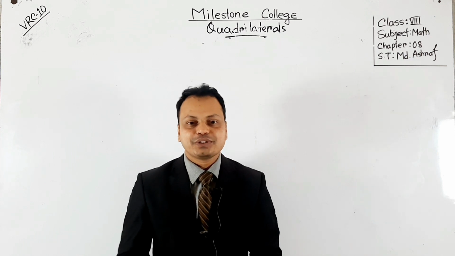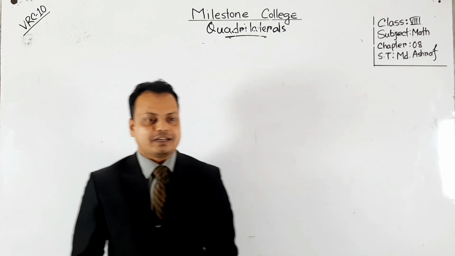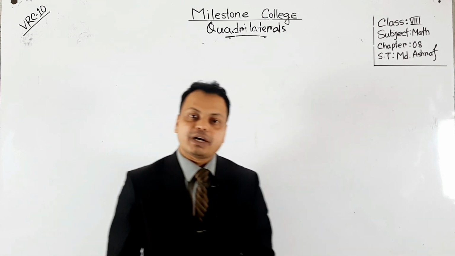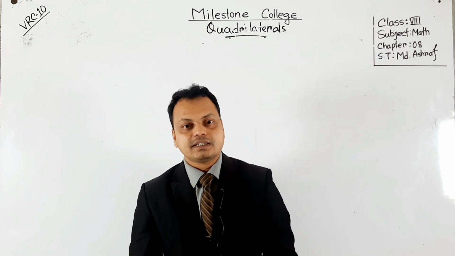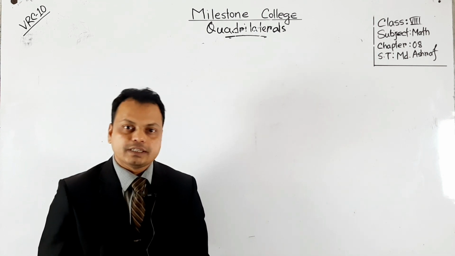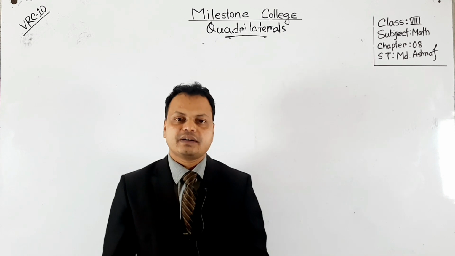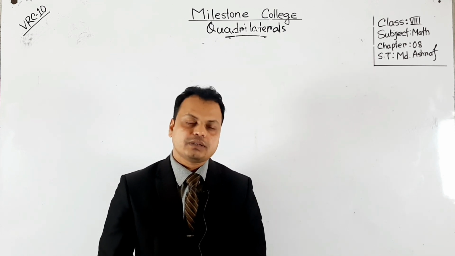Okay. So the first question: what is a parallelogram? Who can tell? Okay, good. Thank you. A parallelogram is a quadrilateral whose opposite sides are equal and parallel. When they are equal and parallel, there is nothing saying that any angle will be a right angle. So this one is called a parallelogram.